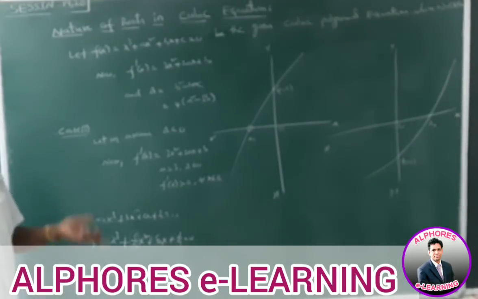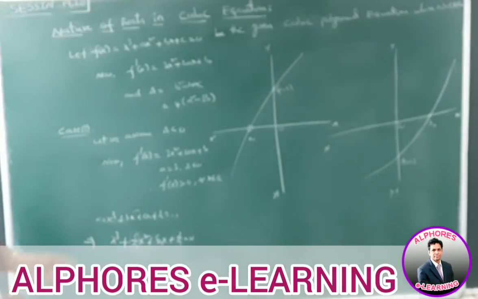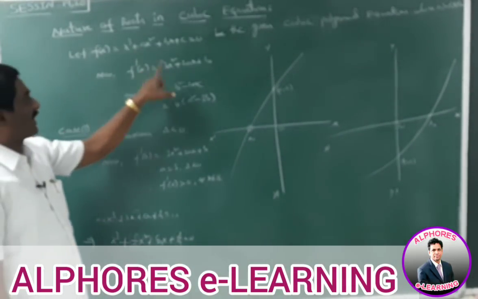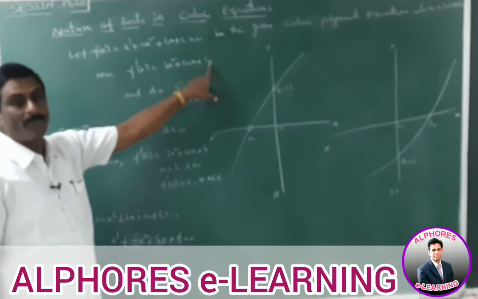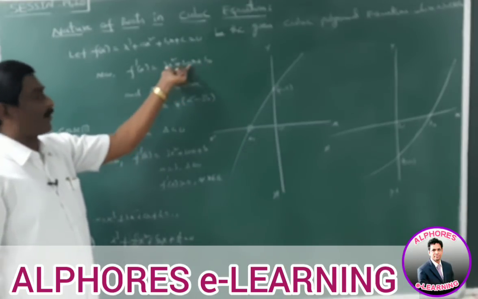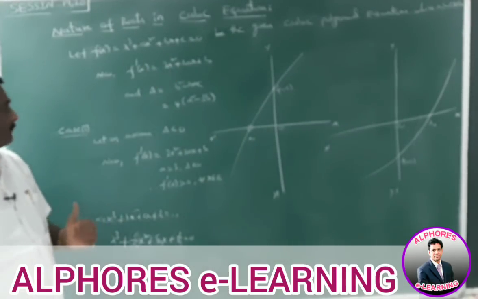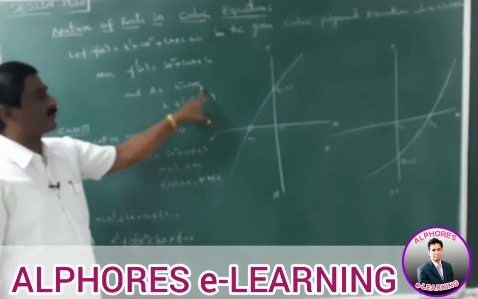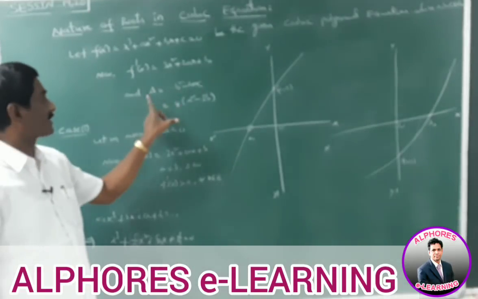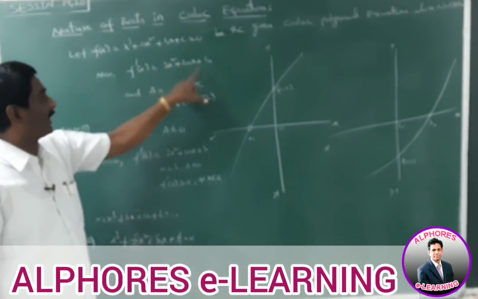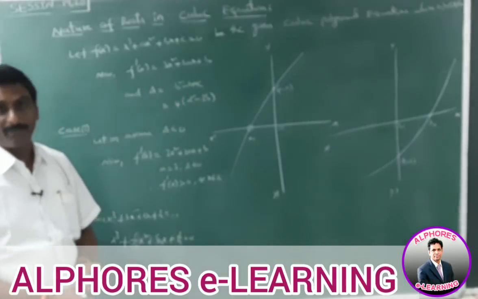Okay. To find the nature of the roots, first we find f dash x, the derivative. F dash x is equal to 3x square plus 2ax plus b. It is a quadratic. Now we find the discriminant delta. Delta is equal to b square minus 4ac, that means 4a square minus 4 into 3 into b, that means 4 of a square minus 3b.